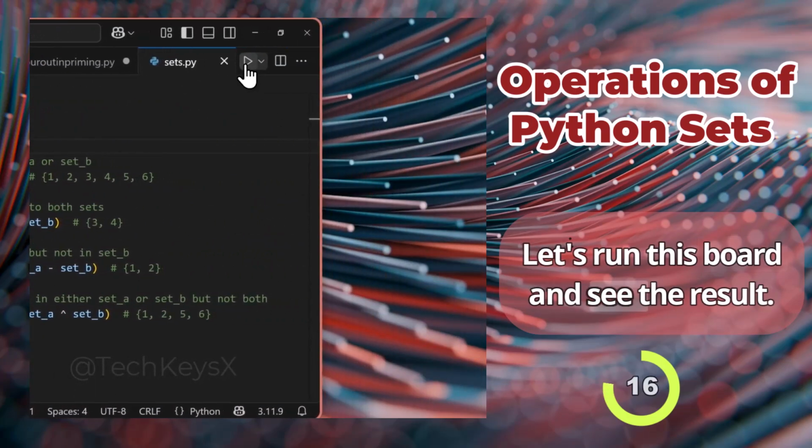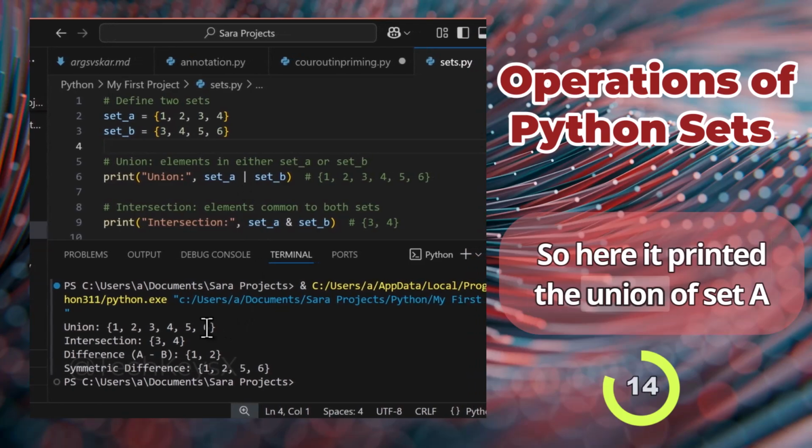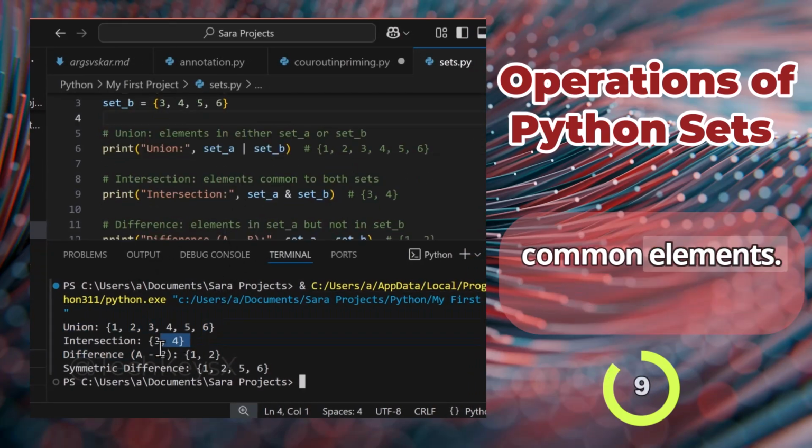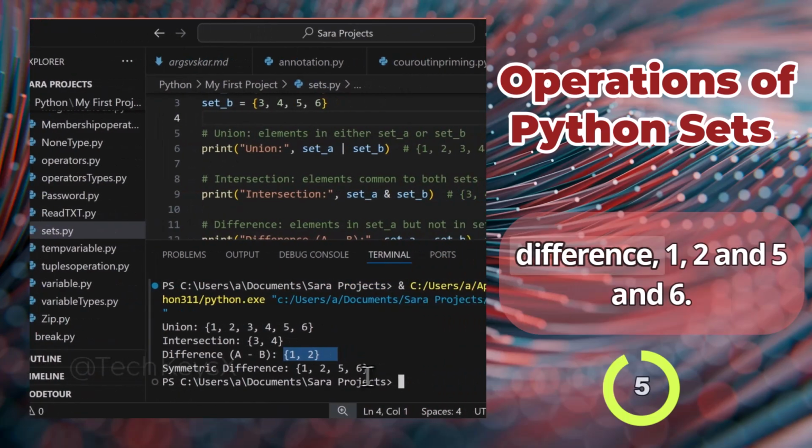So let's run this code and see the results. So here it printed the union of set A and set B, and then it printed the intersection, the common elements, and then it printed the difference, which is 1 and 2, and then it printed symmetric difference 1, 2,